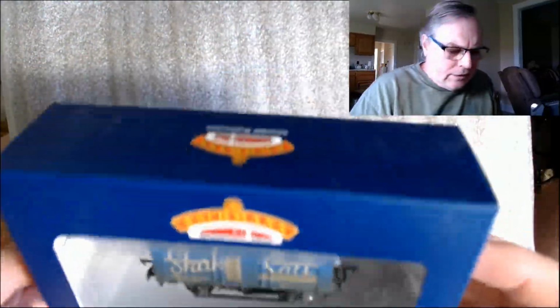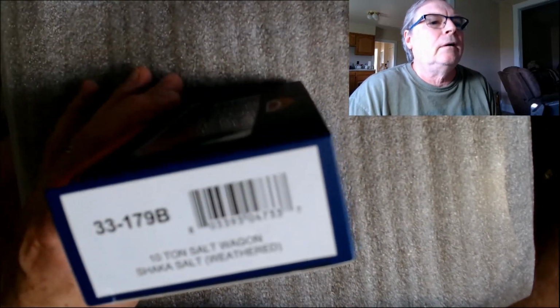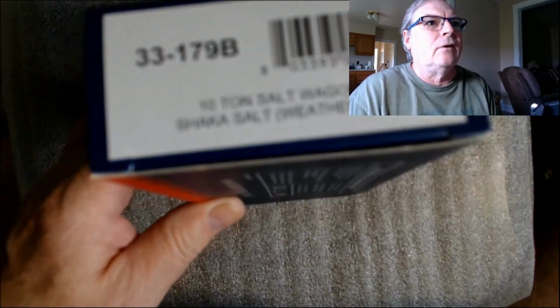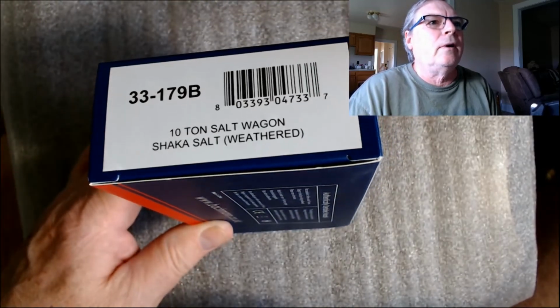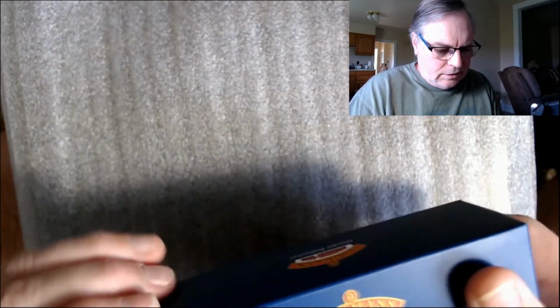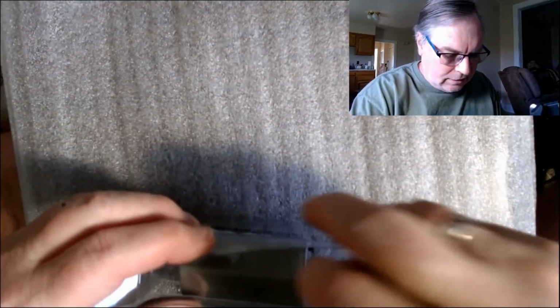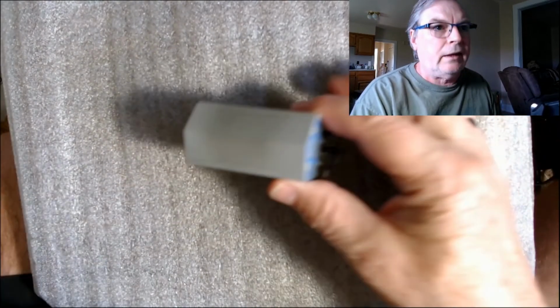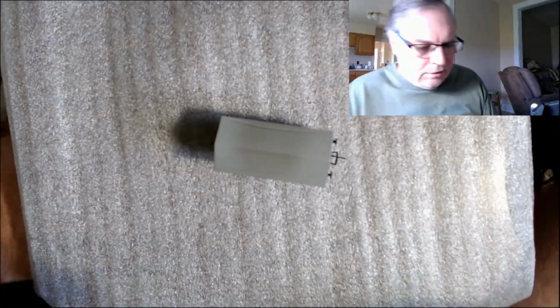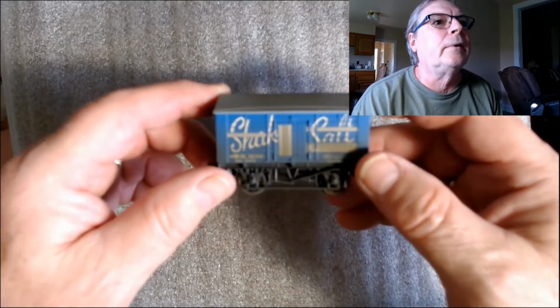So I thought I'd pull out a couple of these Salt Wagons, the Bachmann ones that I just recently got from Hattons. This focus is not great, is it? There we go. 10-ton Salt Wagon, Jack of Salt, weathered. So let's open it up. It's the usual packaging that all these things come in these days. The weathering's quite nicely done on this. It's not perfect, but